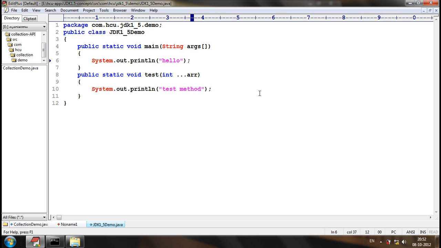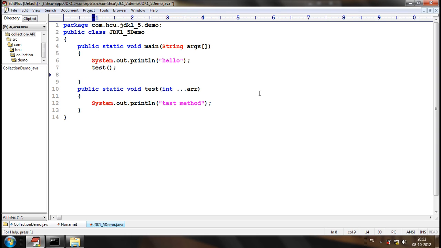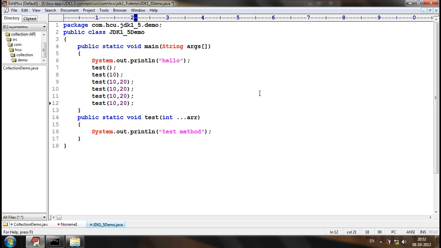Okay, and to call this test method I can pass any number of integer arguments. Let me pass 0, 1, 2, 3, 4, 5.